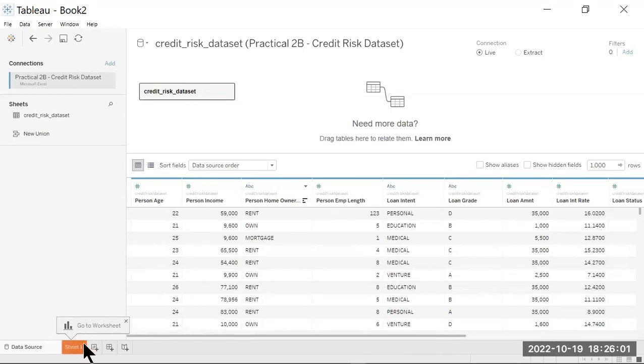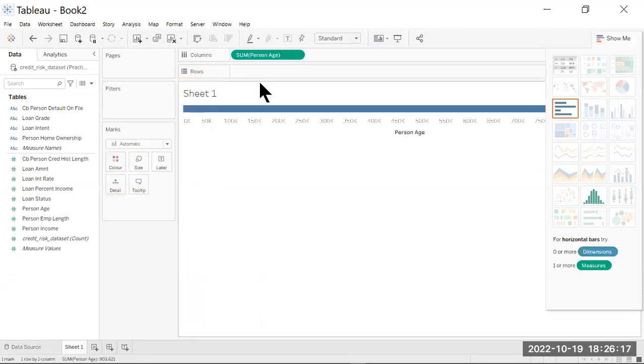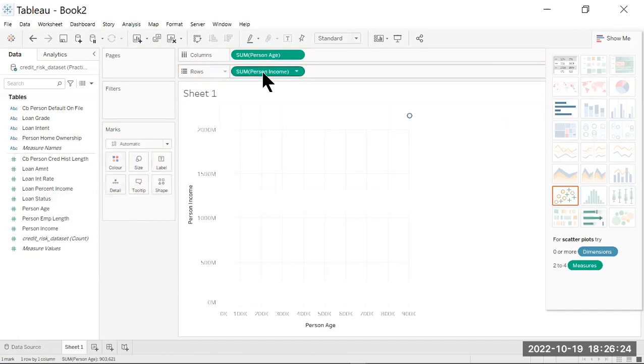Right, so then you can click on Sheet 1 and try to load the personal age. These are the various attributes or columns on the Excel spreadsheet. So we can load the personal age as well as the personal income. Make sure you took the right one. So you have axes on personal income and personal age, and since it's a sum that we don't want,